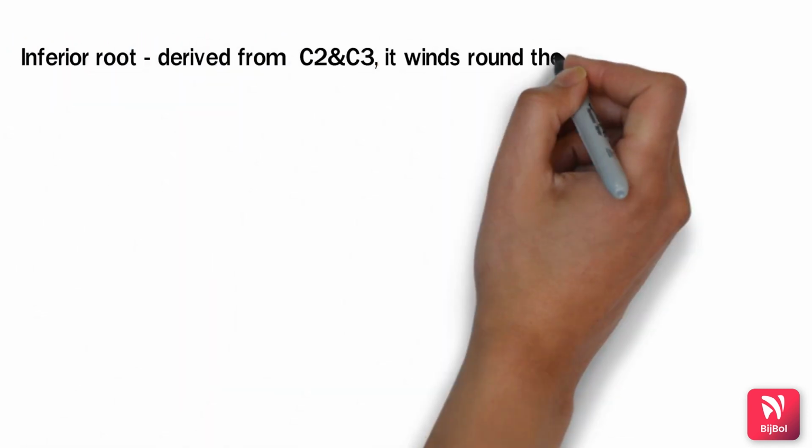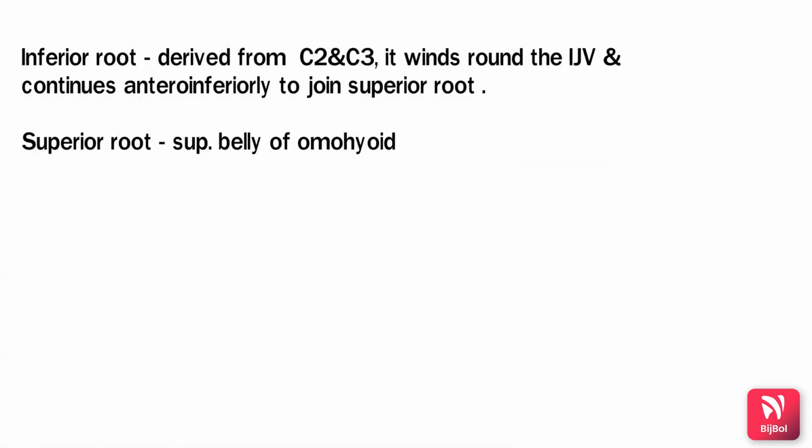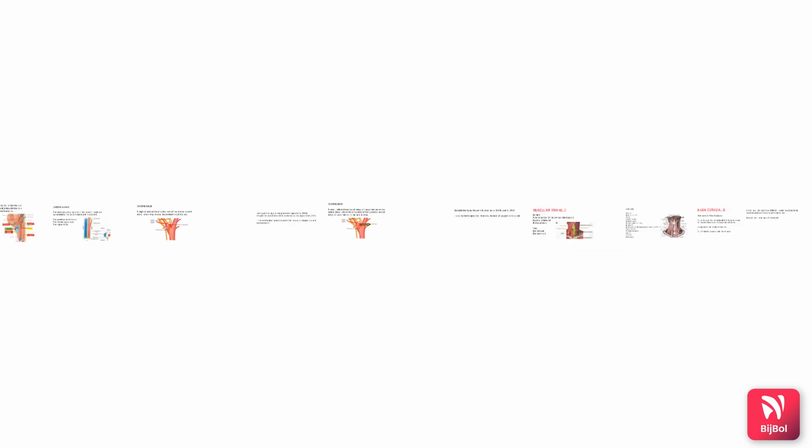Coming to the inferior root. Inferior root is derived from C2 and C3. It winds round the internal jugular vein and continues anteroinferiorly to join the superior root. Superior root is formed to supply the superior belly of omohyoid. In this diagram, you can see the inferior root and the superior root. As we know, the inferior root is formed by C2 and C3 and it supplies the inferior belly of omohyoid, sternohyoid and sternothyroid muscles, whereas the superior root is formed by C1 and it supplies the superior belly of omohyoid. And the most commonly asked